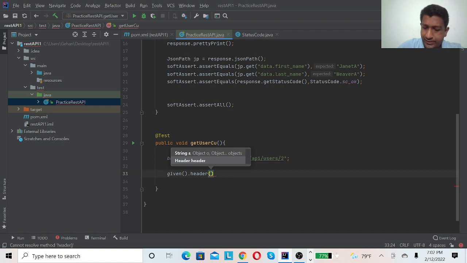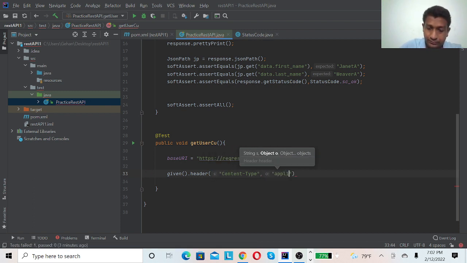On the headers you can put content dash type, comma, and so on.